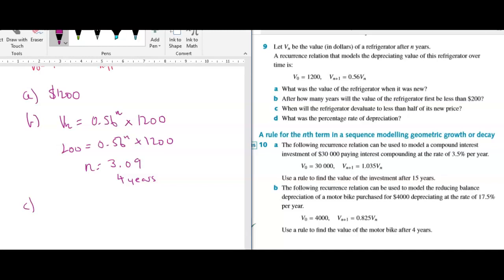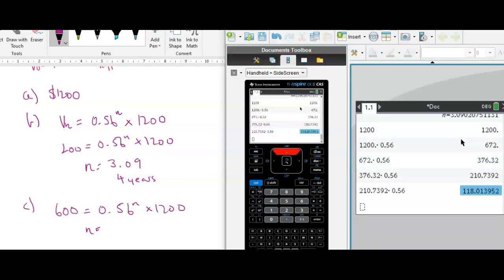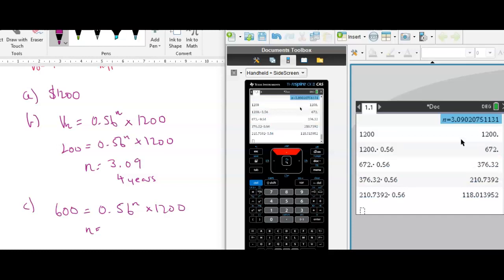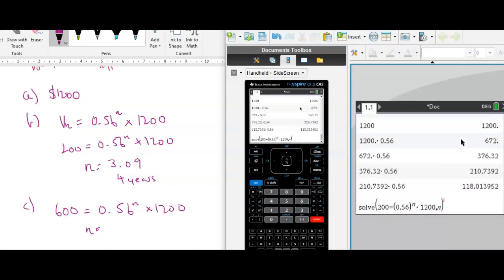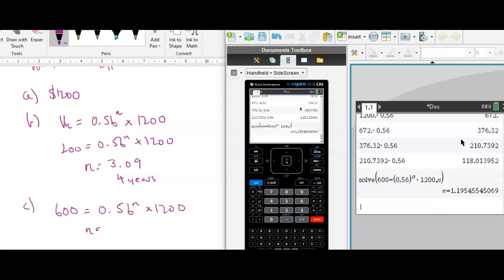So we can, again, set up an equation. So half of 1,200 is 600. 0.56 to the power of n times 1,200. So n is equal to, now I'm going to show you a sneaky way of, you can just scroll up. Obviously it's a bit easier to do on a computer, but you can use your cursors on your calculator and just change that to a 6. Okay, so n equals